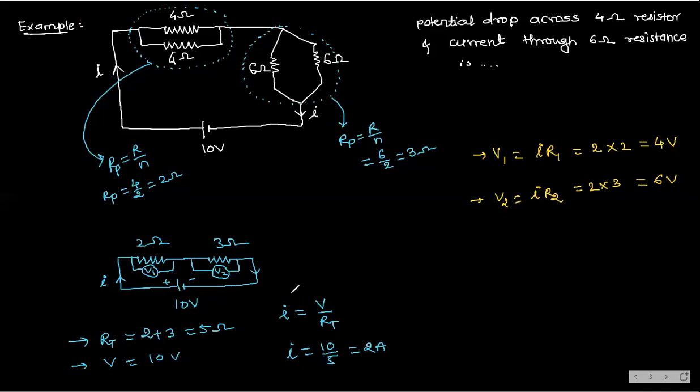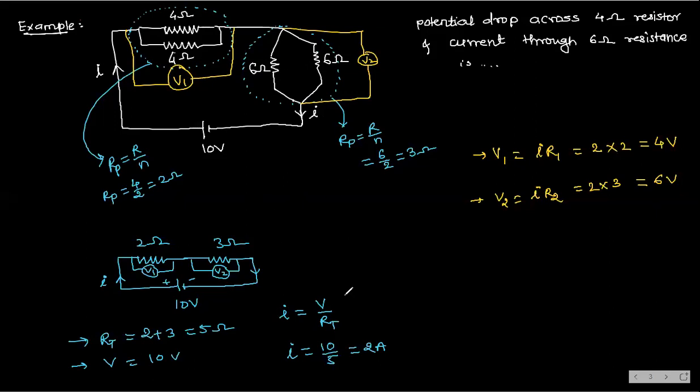Now what we have to find is the current through 6 ohm. Obviously, as we got this V1, across this 4 ohm whatever the potential is, this is nothing but V1, because in a parallel combination you will get the same voltage. Here it is 4 volt, and across this whatever we got, this is nothing but V2, which is 6 volt. So across this 3 ohm we are getting 6 volt, and across this 2 ohm we are getting 4 volt. Across this 2 ohm means 4 parallel, across this 3 means 6 parallel.